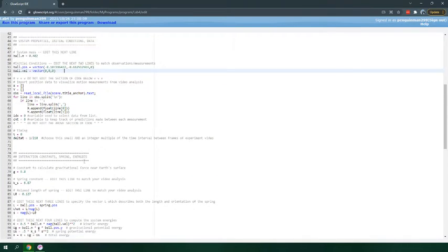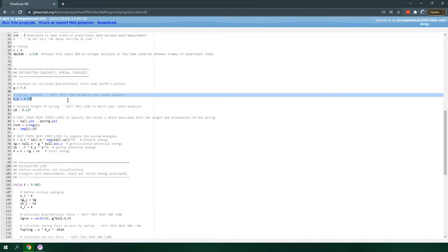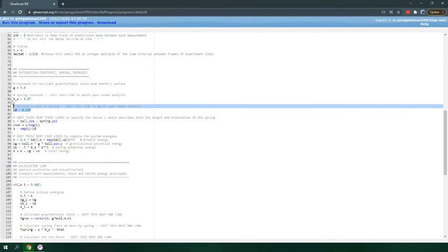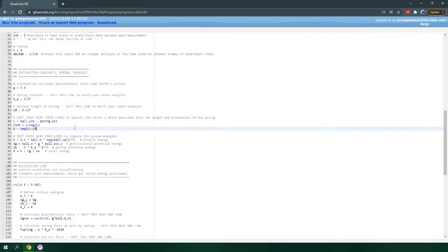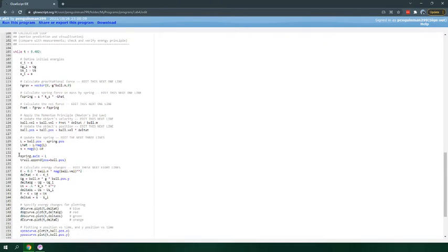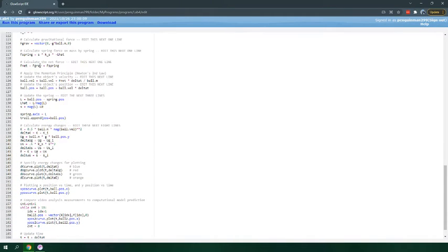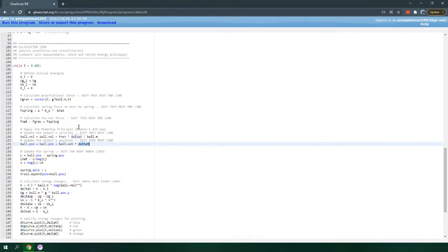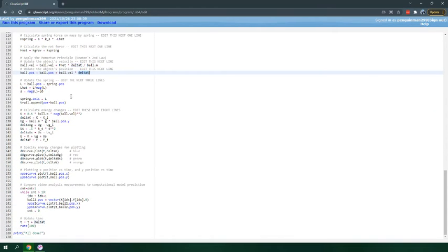Then from here we calculate the spring constant, we calculated the relaxed length of the spring, and we calculated kinetic energy, the length that the spring is extended, all this, and then we calculate the force due to gravity, the force due to the spring, the net force, the change in the ball's position over time, over each shift in time. And when I run this code, you'll see